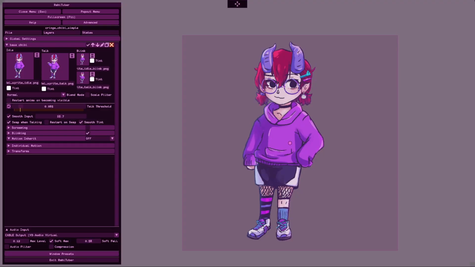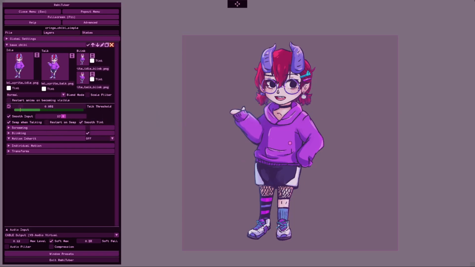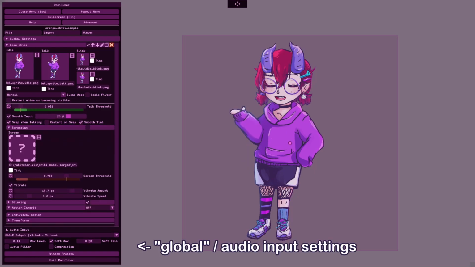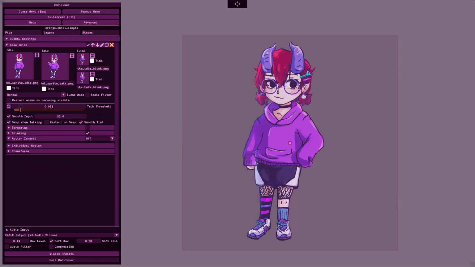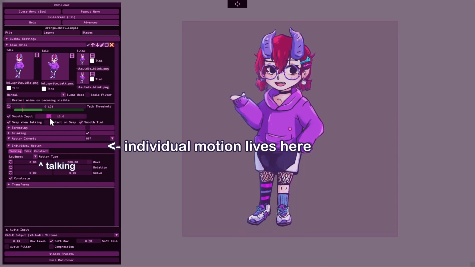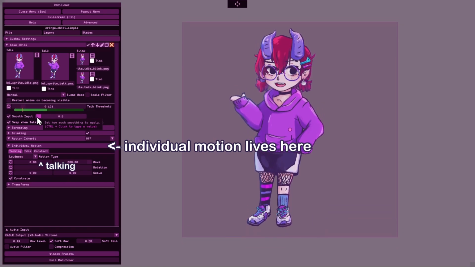RawHeTuber version 13.5 has given us a new audio-related setting: smooth input, available on each layer underneath the talk threshold bar that we just spoke about. This setting allows us to individually control how each layer reacts to our audio input levels. While our global audio settings like max level and soft fall will still have their effects on every layer, all of them together, this smooth input setting will give us the ability to further smooth out the audio levels on this specific layer, so peaks and dips in volume will appear less extreme when it comes to how the layer moves. So the difference will be most noticeable on any layers with an individual motion talking setting. We'll show this in more detail when we get to that part of level 1 in a little bit.